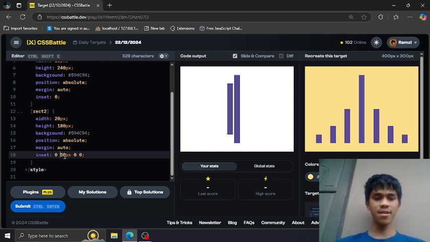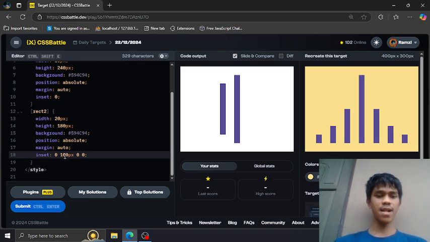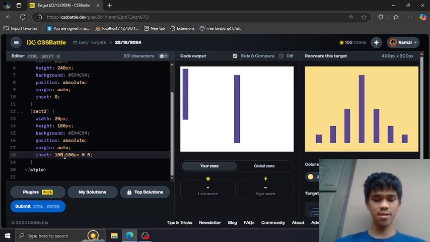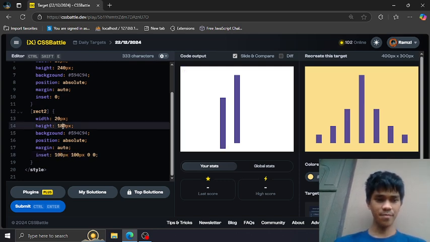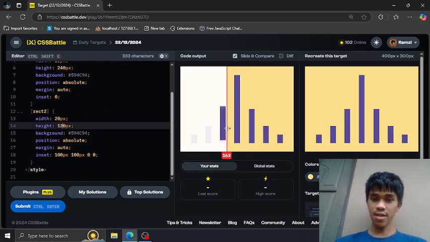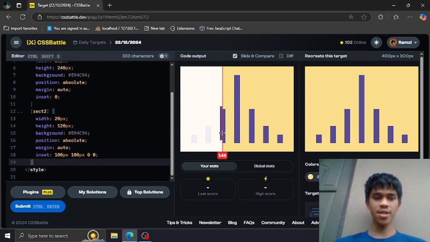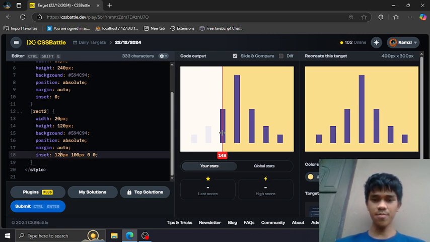Positive to the left side, so positive 100, and to the bottom, so positive 100 again. Reduce the size of the height, 140, 30, 20. Okay, from here we need to push this downwards 20 pixel.